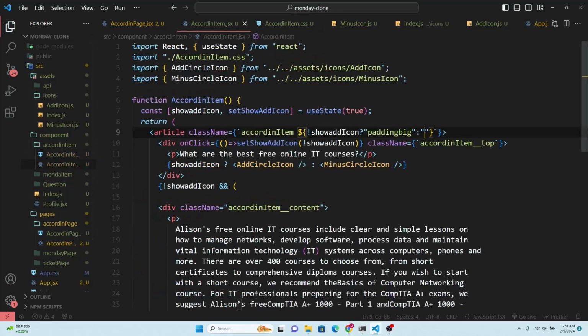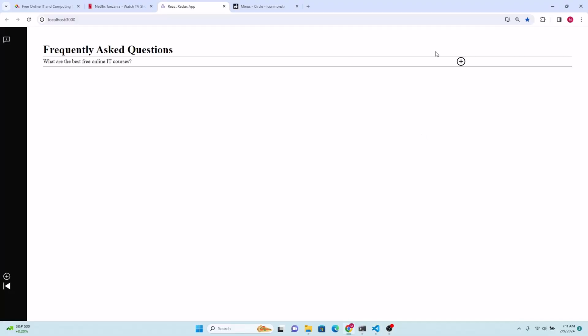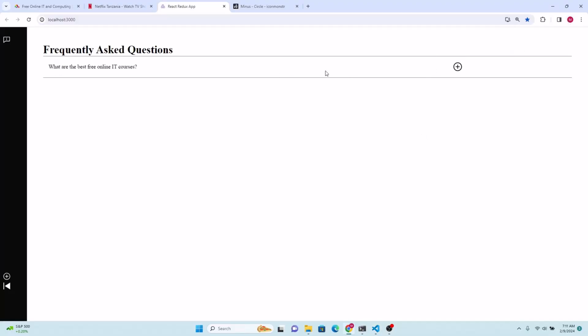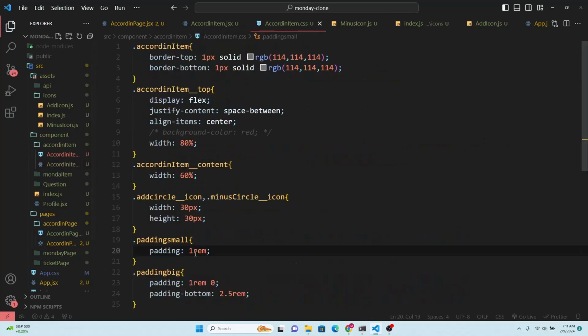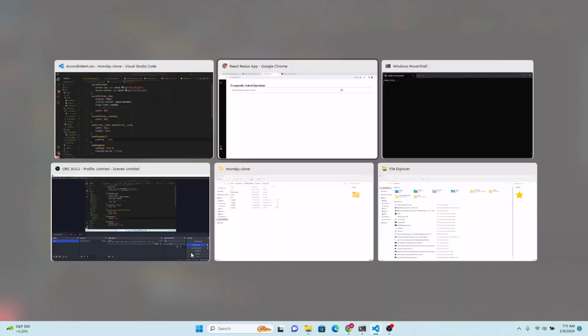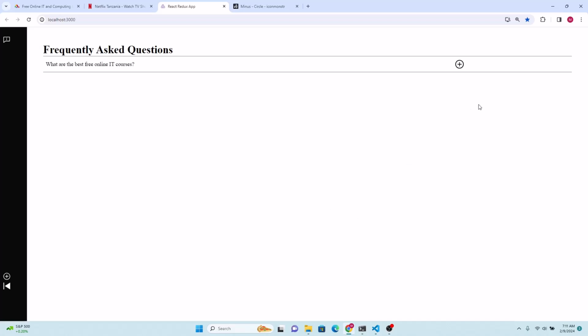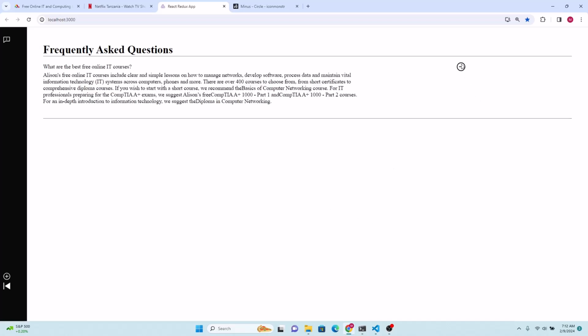You can say padding small, something like this. As you can see right now, 1 pixel I think is a lot bigger as well. So let's say 0.5 rem. I have reduced it, as you can see right now. Look,